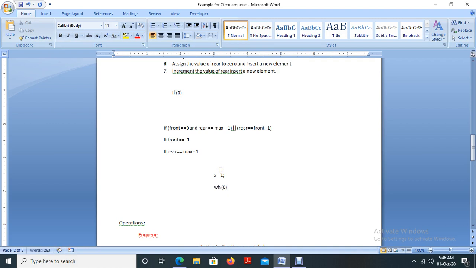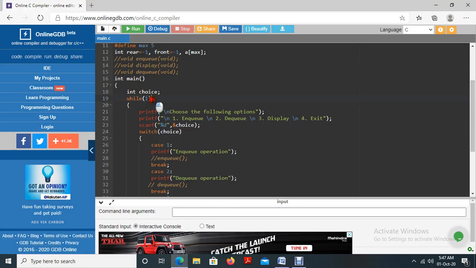Likewise, while also works like this. If I am assigning the while of 1 here, the meaning of this is that while returns the value 1 to the compiler, saying that the condition is true. If the while passes the parameter as 0, it's like an inbuilt function, sending a parameter to the compiler. Okay, it's passing a parameter 0 to the compiler saying that the condition is false. So I am utilizing that facility in this program. So what I did is, by default, I am assigning the value of 1 as a parameter of while.